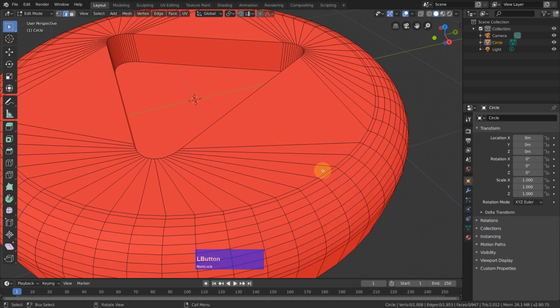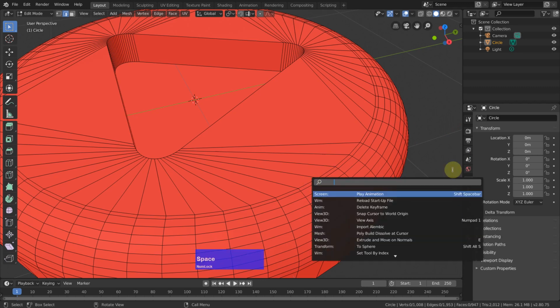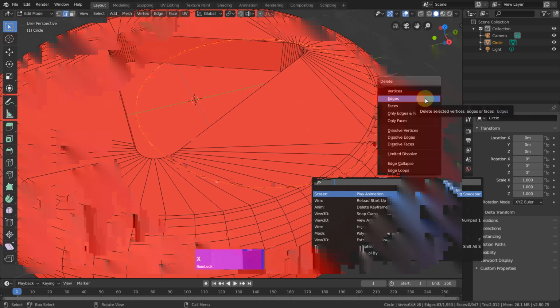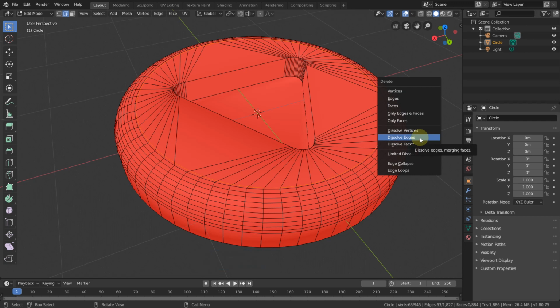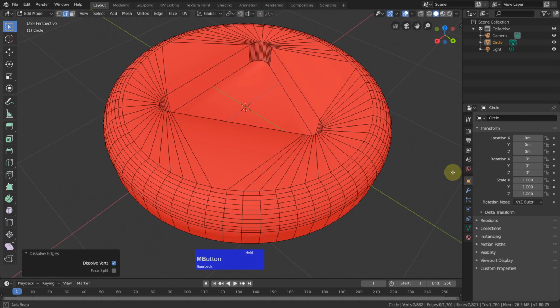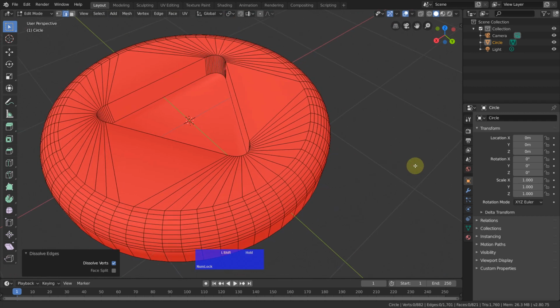oh, wrong key, and now we should be able to select these edges and dissolve them. Okay, now before we continue,